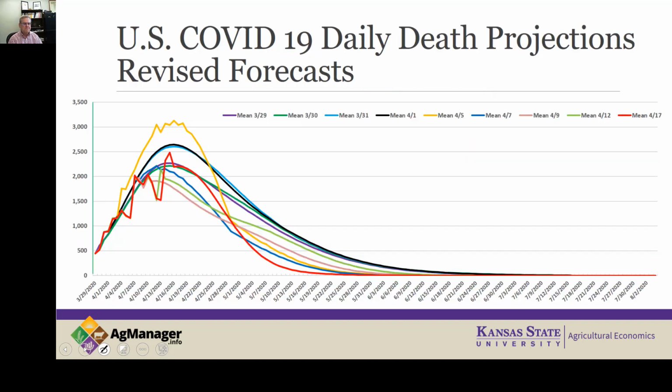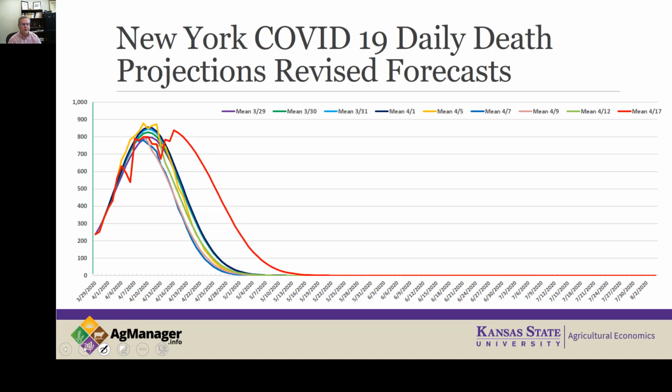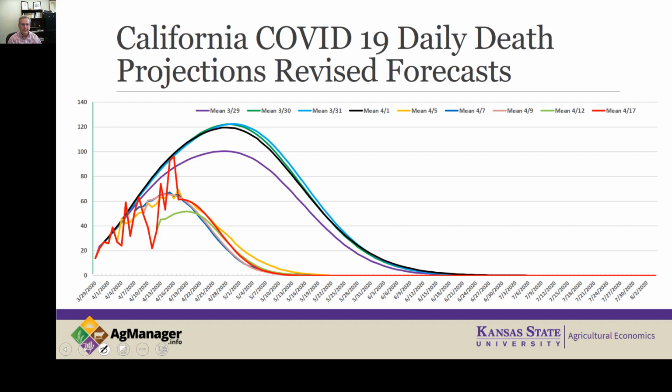Again, back to the original, we're looking at the purple line and the red line here. For the U.S., in some respects, you'll see that the most recent model is not too far off. It is forecasting a decline a little bit quicker than what we saw originally. With the New York model, previously all the models were pretty much the same, but with the recent release they actually increased the daily projections